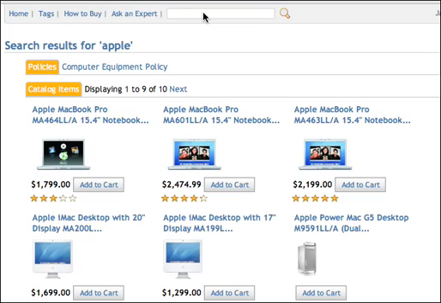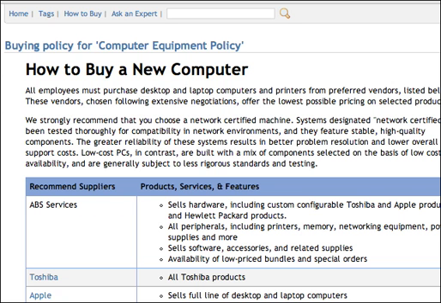When Jack does that, above the catalog search results, he sees a policy, and the policy is computer equipment. And Jack can drill into that policy, and this policy shows up in the search results because it's been tagged with the term Apple. He sees the policy around buying a new computer. It explains the whole process,